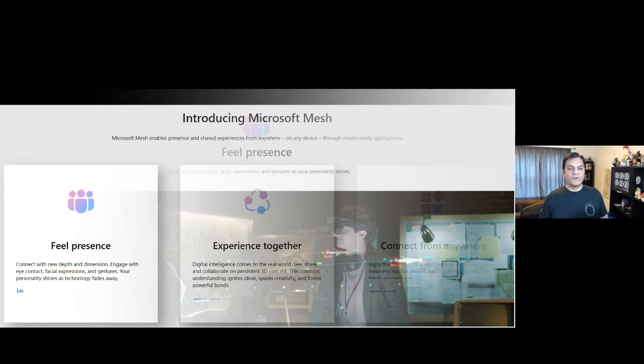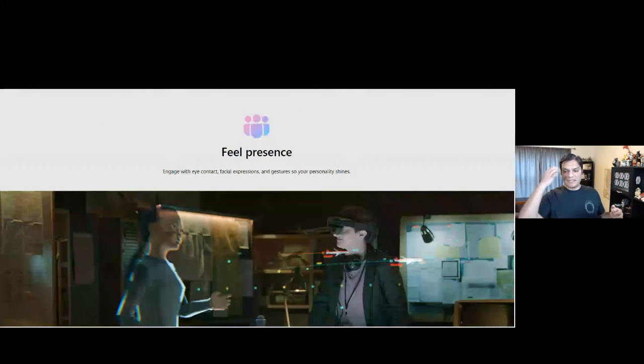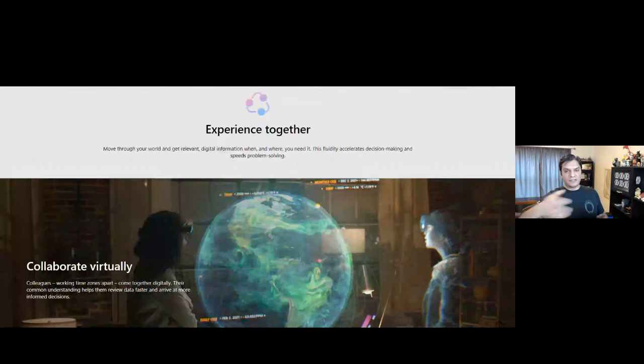The concept of experiencing together. One of the examples that Aditya showed was a brand new technician on site, trying to fix something. He already had the lens with him to get firsthand, okay, which switches do I need to plug, or how do I plug those two cables together. The whole concept of experiencing together and collaborating together is neat.